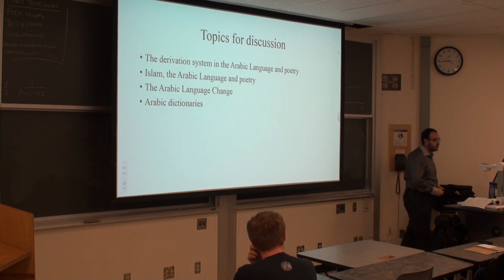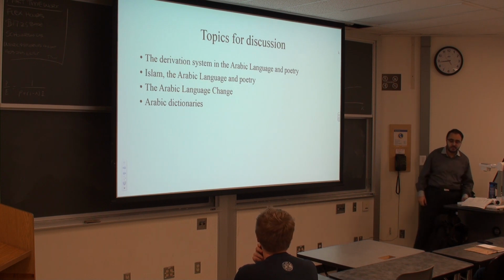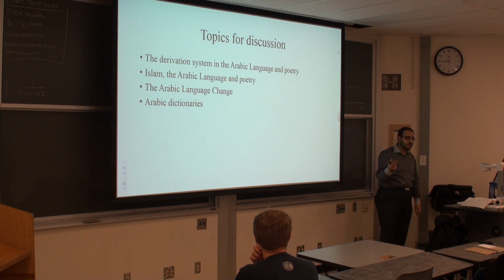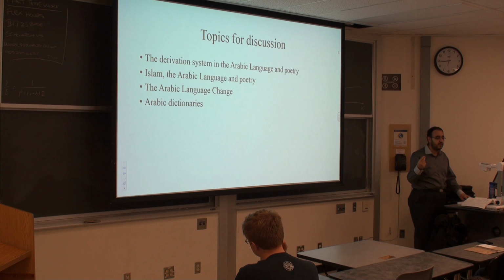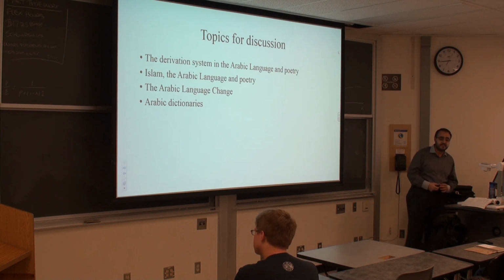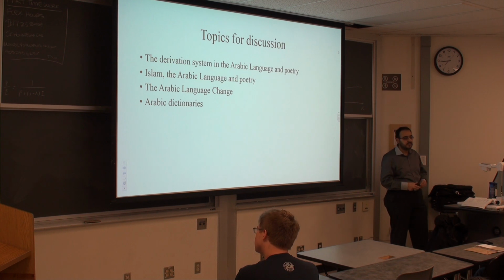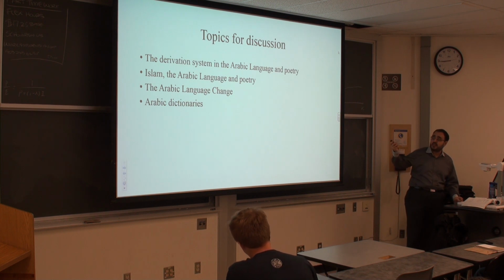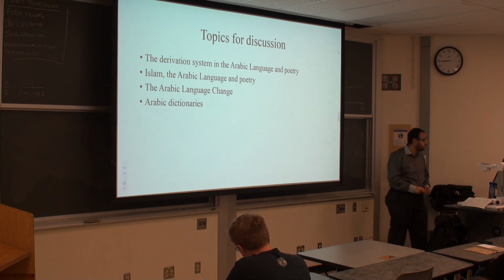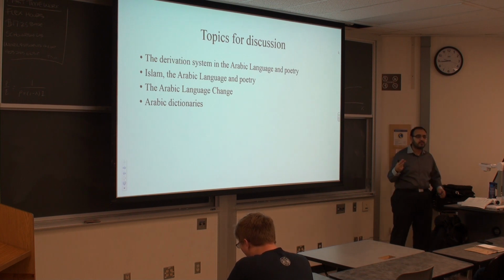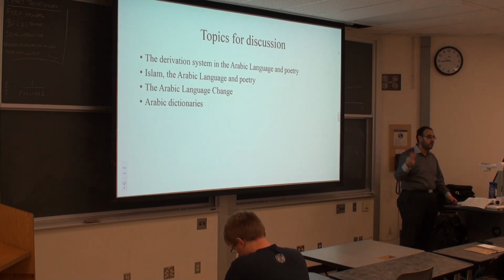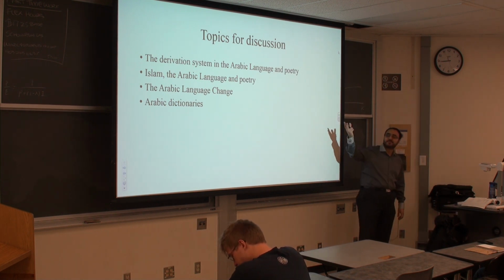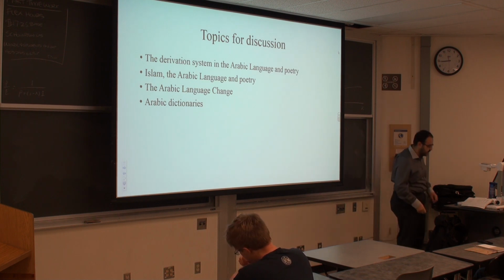So the derivation system of the Arabic language has opened the way that you'll find many words rhyming together, and in many cases they'll also share the same case ending. By sharing the case endings or the last syllable, and by sharing the same morphological weight as well, these words will be perfectly matching for poetry. So Arabic poetry is a gift from the derivation system of the Arabic language.